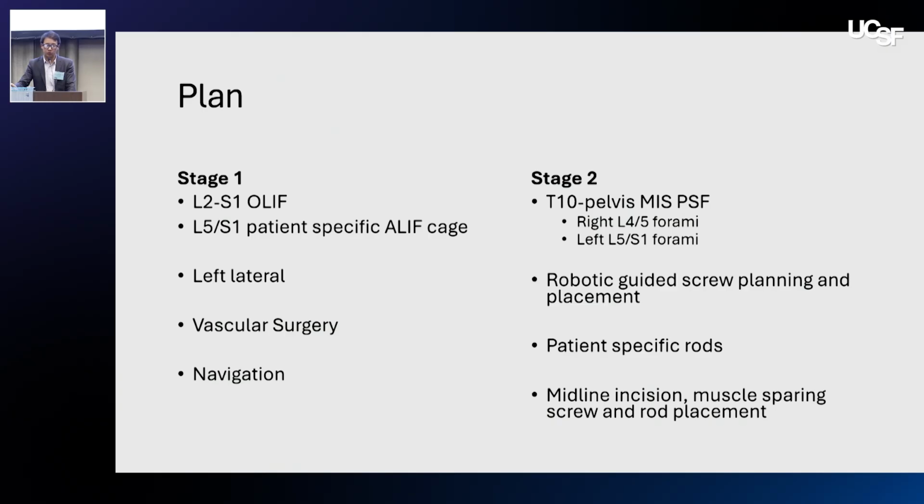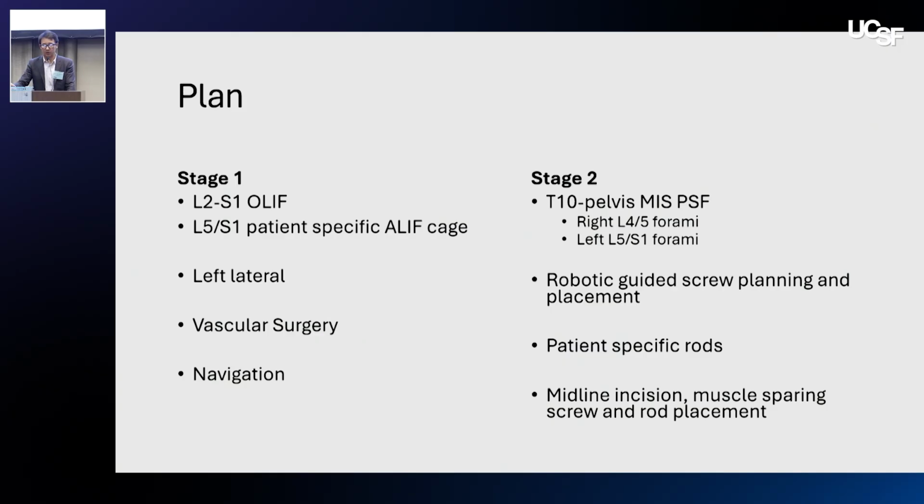Started with a stage 1 L2 to S1 OLIF. At L5-S1, a patient-specific ALIF cage, left lateral approach with a vascular surgeon using navigation. And then as a planned second stage, I'll show you some of the imaging. I get the thin cut CT in between stages, which helps with robotic pre-planning